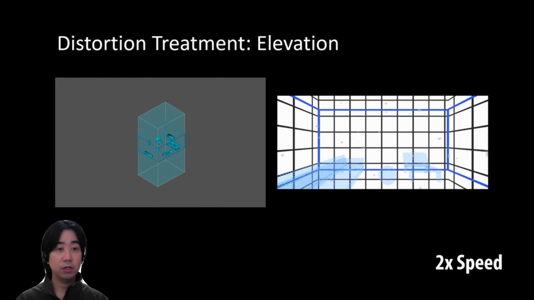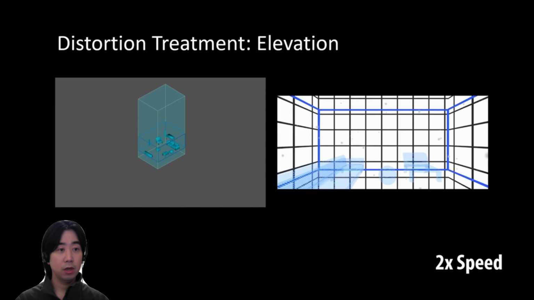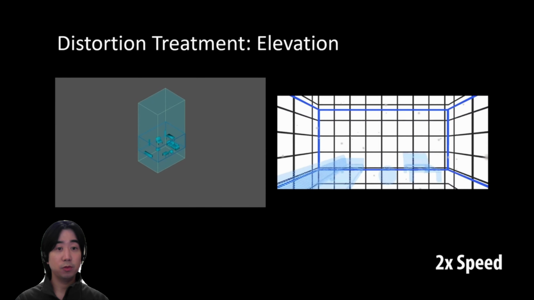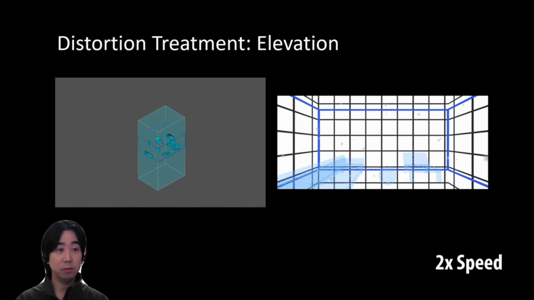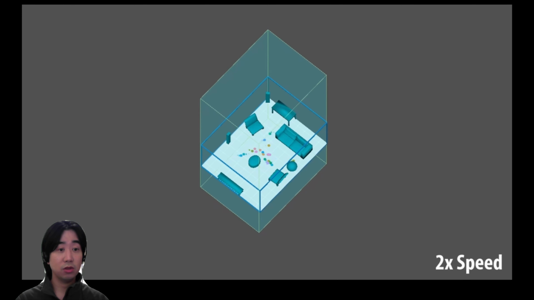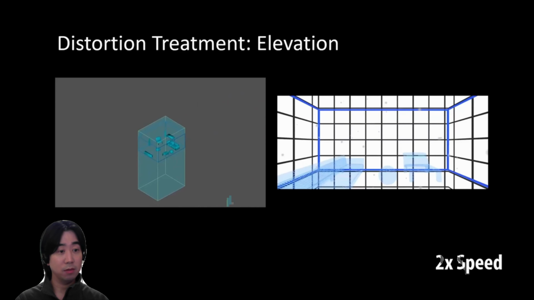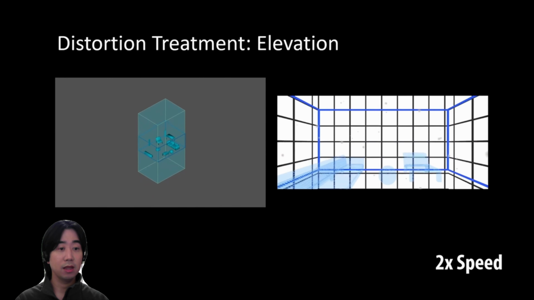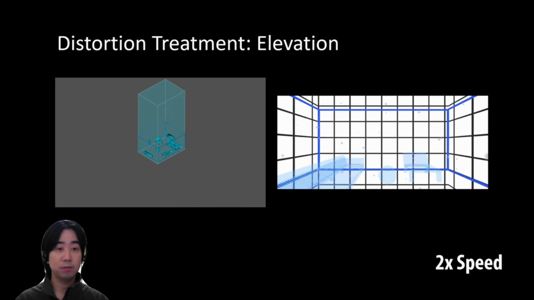Here we see the elevation treatment and the user's view. What is shown here is the users' movement in response to the elevation treatment. As you can see here, users tend to move to the center when the room appears to descend, while users tend to spread out from the center of the room when it appears to be elevated. We believe this movement pattern is a result of users traveling to a place that is both safe and has a good vantage point in the room.